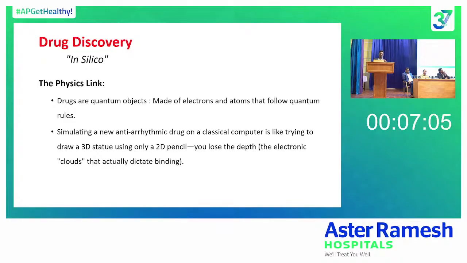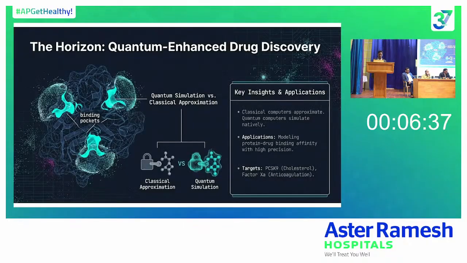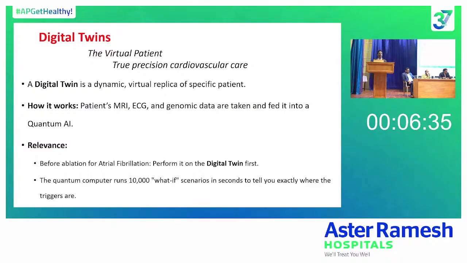So with respect to drug discovery also, as I mentioned previously, the drug orientation can be determined easily by a quantum computer. This helps us in determining the way the molecule needs to be manufactured so that it can bind to a specific receptor in a much easier way. As of now, we require tens of years or decades of time for a single molecule to be developed. But by probably the next decade, when we have quantum computers, you'll get an instantaneous pill based on your genomic data. This might be a revolutionary thing in the future as well.